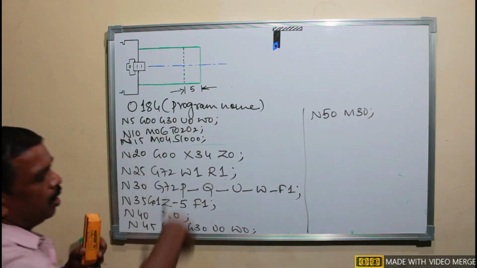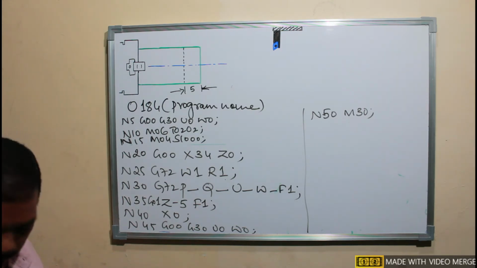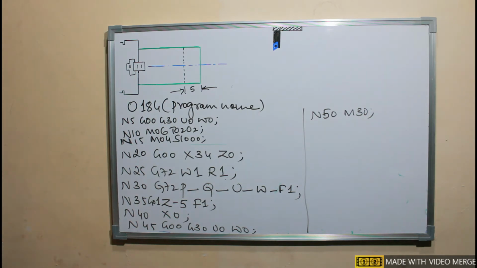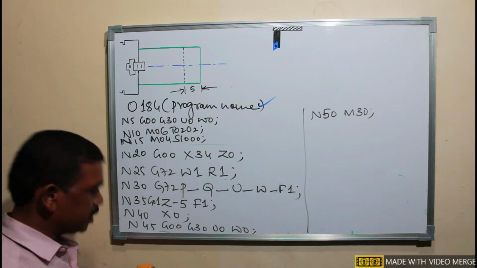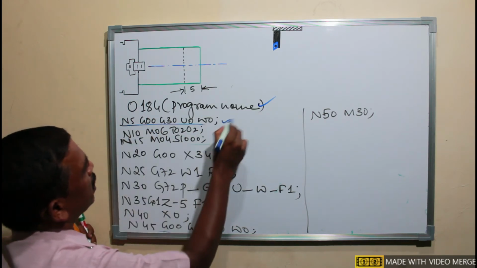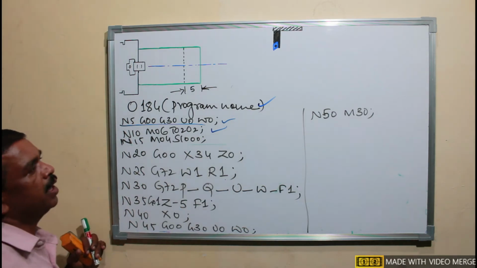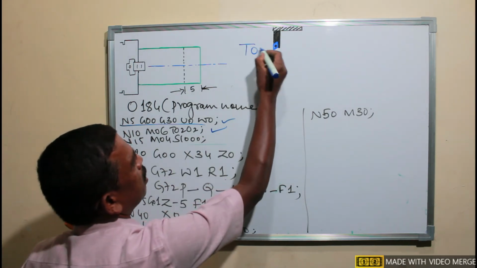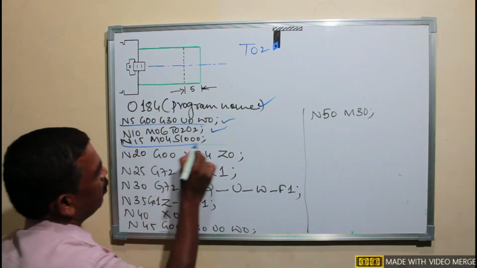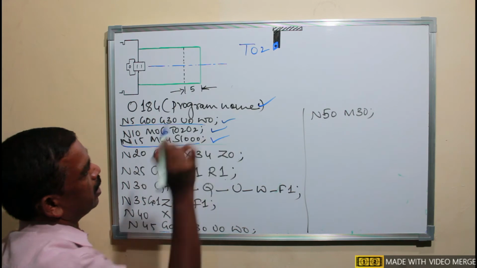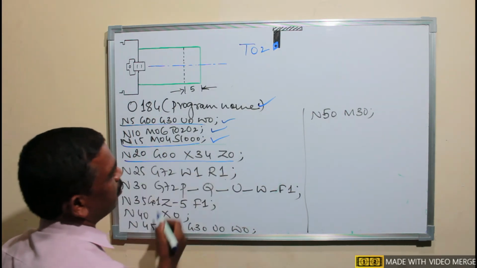See, this is the program for facing stock removal. Here, this is the name of the program. You already know about this, and this is for homing the cutting tool, and this is for changing the cutting tool to the required cutting tool. I am using tool number 2 for the facing operation, and we have to rotate the workpiece at the required RPM by inputting these values, and this is the rapid positioning.